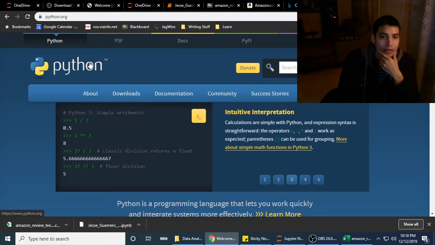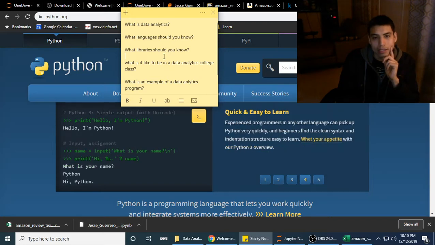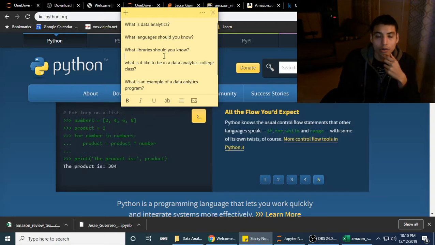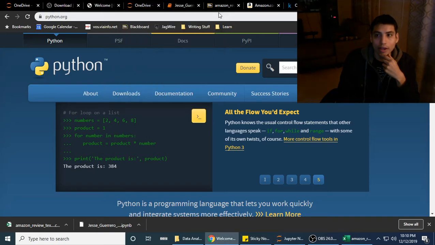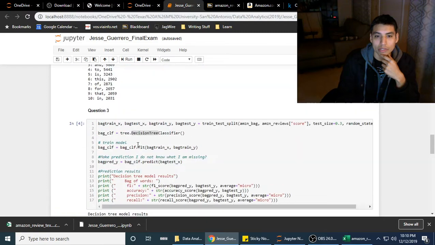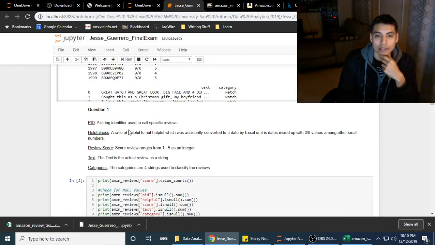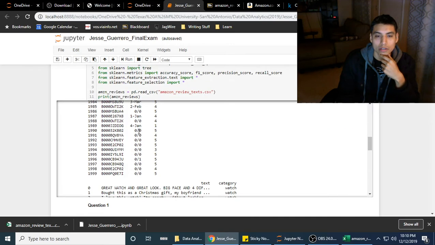And the libraries you'd have to know for Python would be sklearn, I think, pandas, NumPy, and a bunch of others, even many in R. But the main thing to know is how to actually do it. Like what I had showed you was my final exam. It took me 3 hours to make this code, to make this algorithm, because this is my final exam for my college course. So yeah,